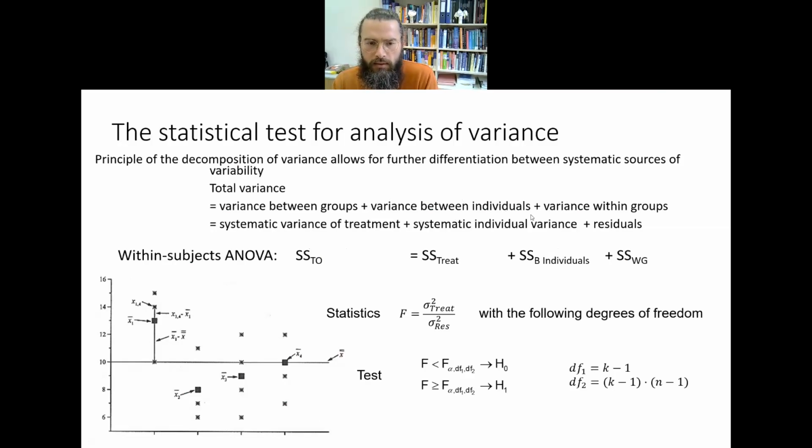So the variance between individuals means that different people will solve the task differently, let's say with different levels of competence. This is intrinsic to the ability of single individuals, and it is not random, it's just a characteristic of each individual. You may want to distinguish between this and the variance within groups, which is supposed to be just random